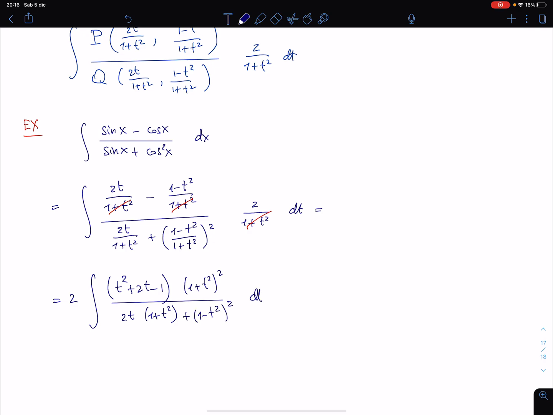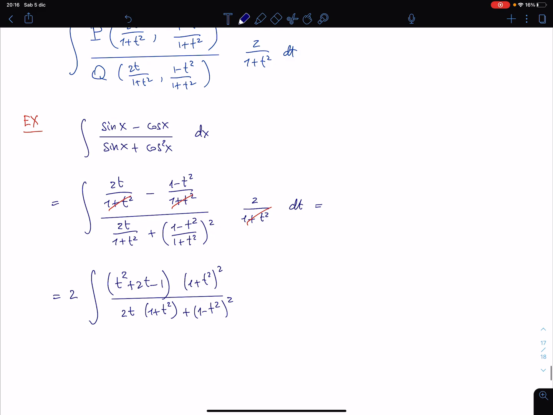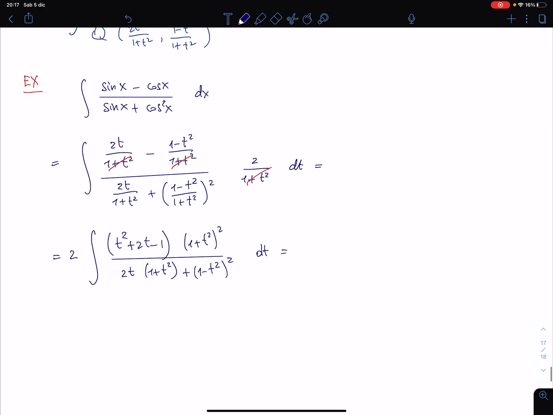Indeed, it is still horrible, but not so horrible like before. And so you do some computation here and there, and then you find